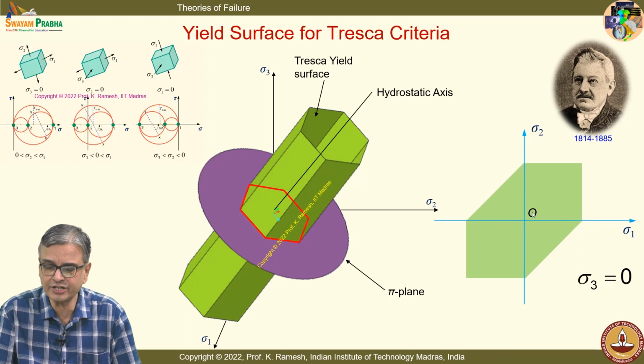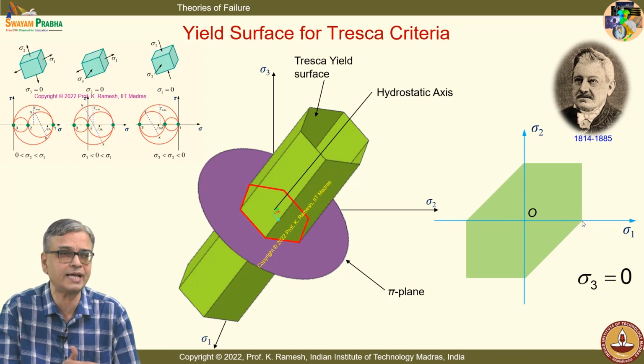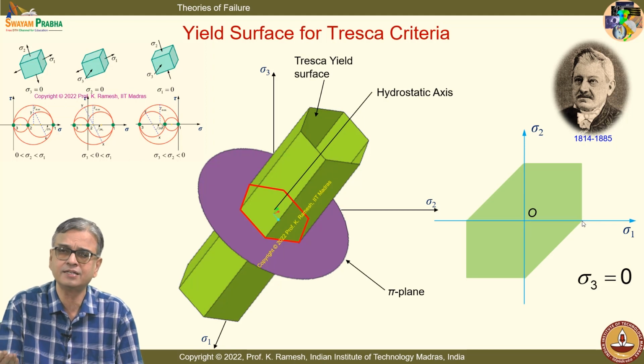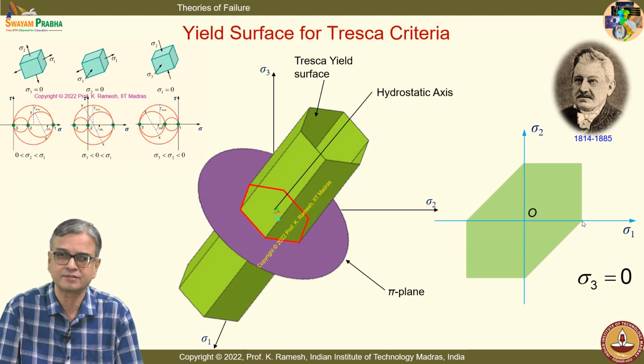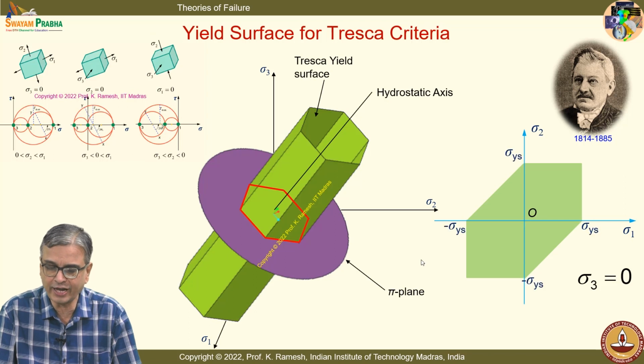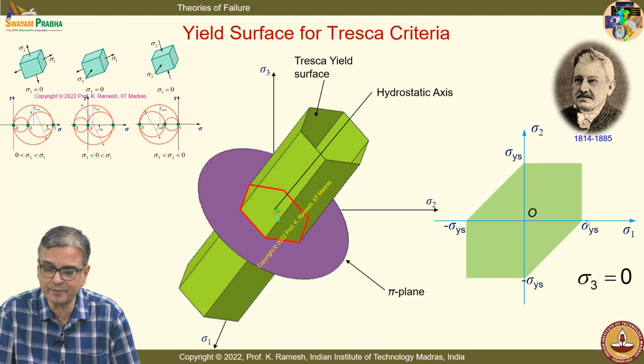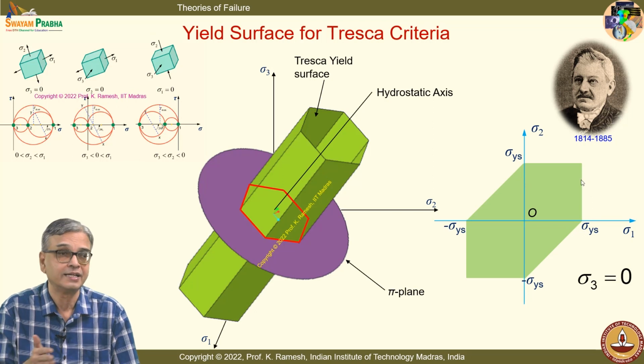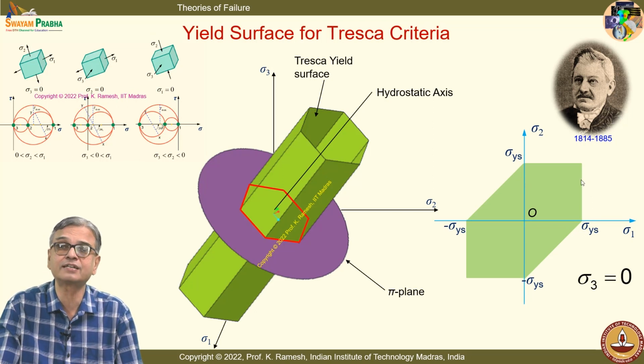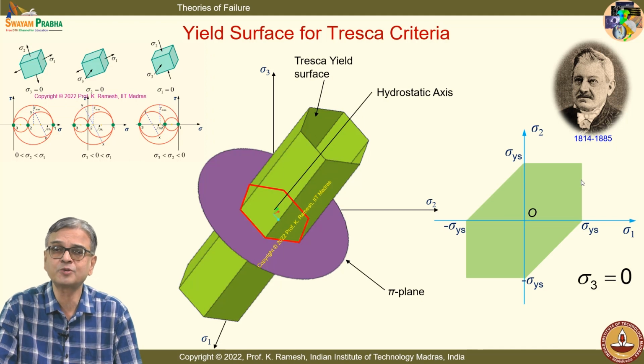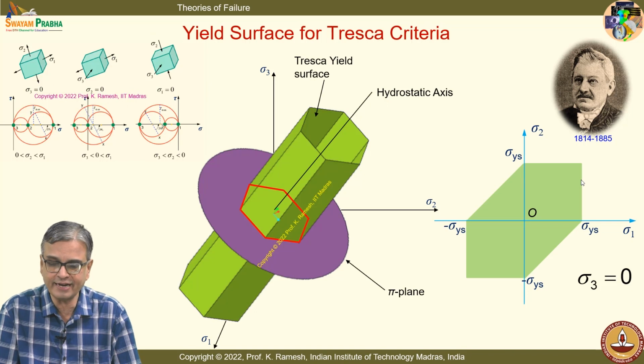Say I do a tension test applying sigma 1. When sigma 1 reaches sigma ys, you also have tau reaching the maximum shear stress. Okay. So, I can locate this point. Similarly, I can also locate this point, because whether I apply sigma 1 or sigma 2, it does not matter. If both sigma 1 and sigma 2 are equal, then also I can draw the Mohr circle between these two principal stresses and sigma 3 as 0. So, I can locate this point,